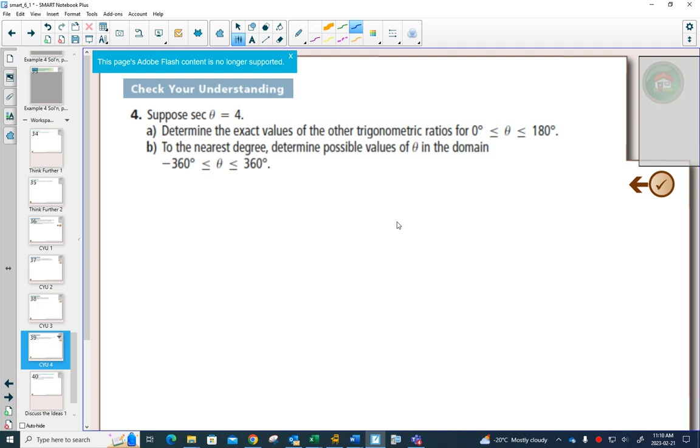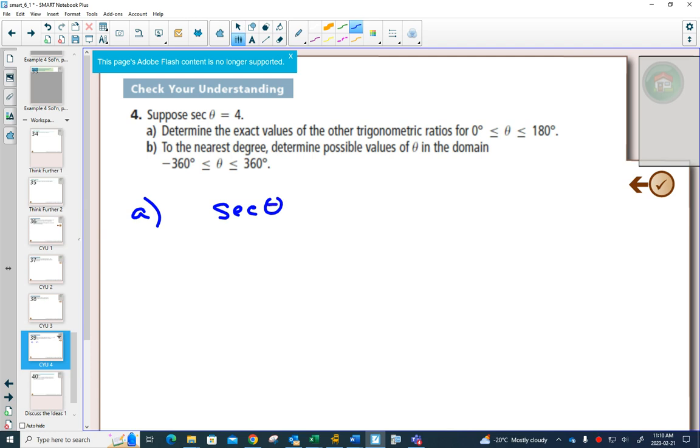In grade 10 and 11, trigonometry was sine of theta, cos of theta, and tan of theta. In grade 12, we add secant of theta, cosecant of theta, and cotangent of theta. And each of these reciprocal ones is related to one of the regular ones. So for secant theta,